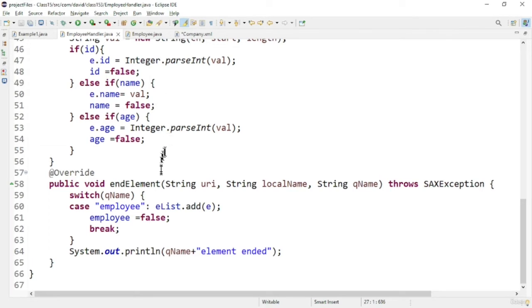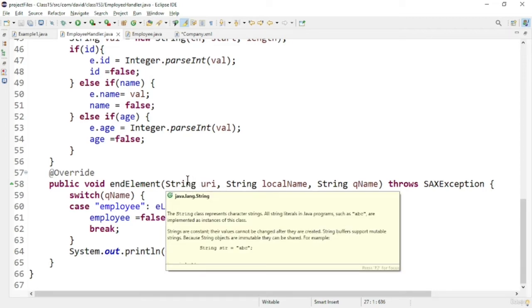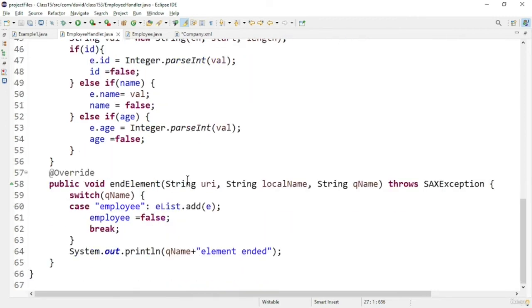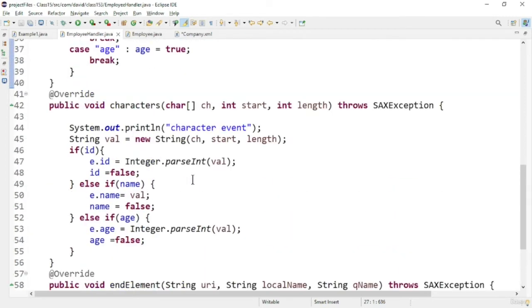And after that, finally we have the end element default handler function. In end element, we just need to set all the flags to false. That is all we do in that part.